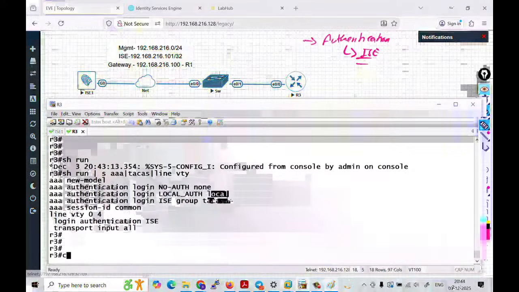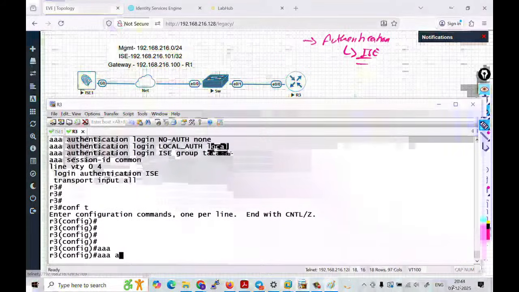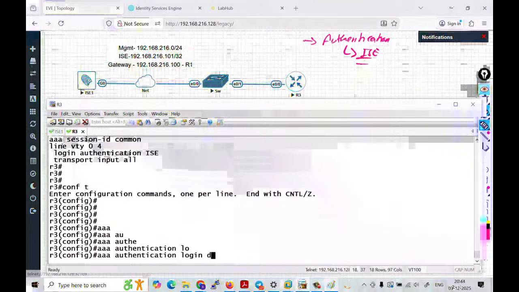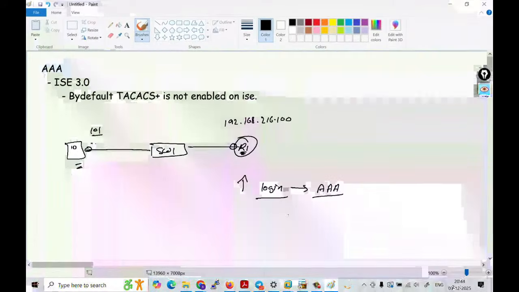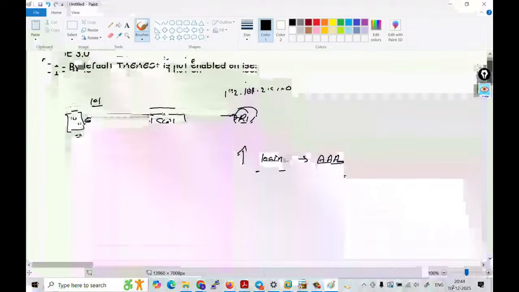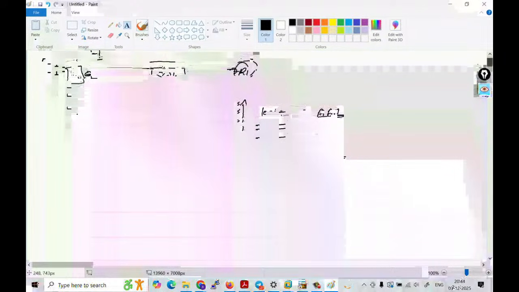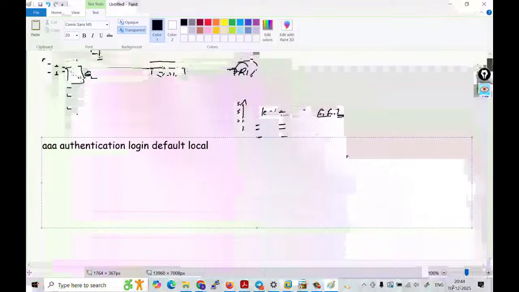Okay, before that, I must talk about one command, guys. aaa authentication login default local. So there is one command. Maybe you will see it multiple times. So what is the meaning of that command? If you see this command, guys, what is the meaning of it? Here is one word, that is default. What is the word here? Default. So default meaning here,